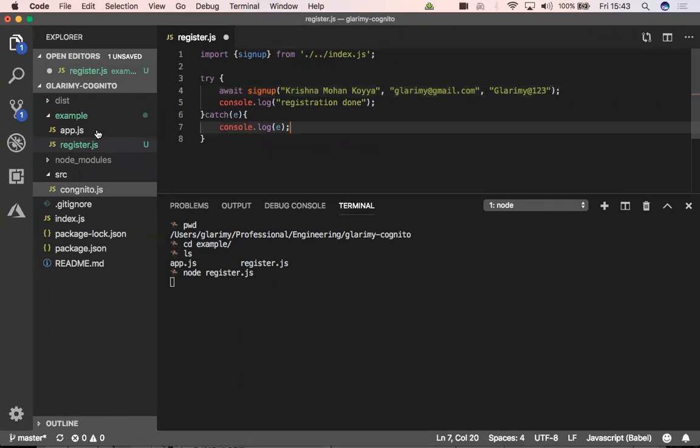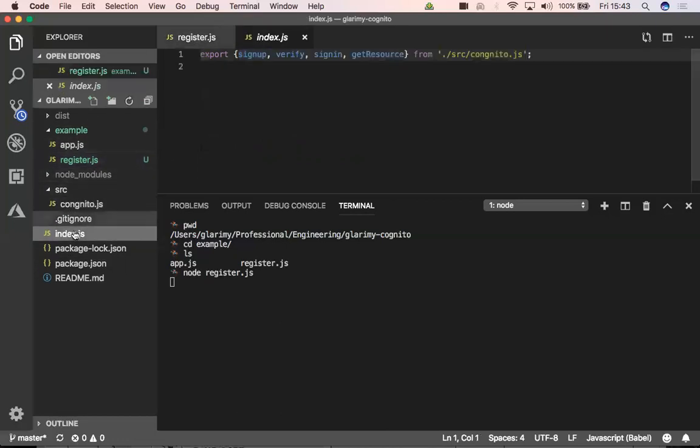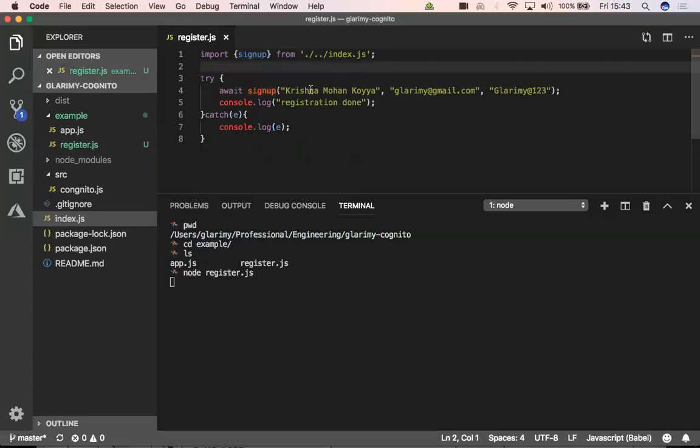Anyway, let me save this file. So I loaded sign up from index of so and so folder. What is my index? This is index, and this index is getting it from Cognito. So this is a specific way of developing the code. Basically, the sign up is from Cognito, and this register.js is a client application which is using that sign up function by giving their name, email ID, and password.